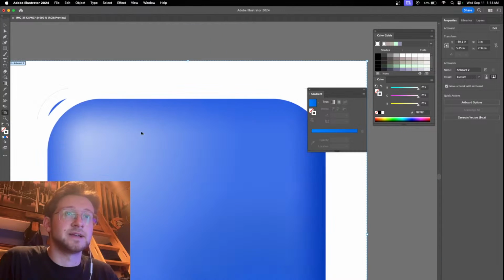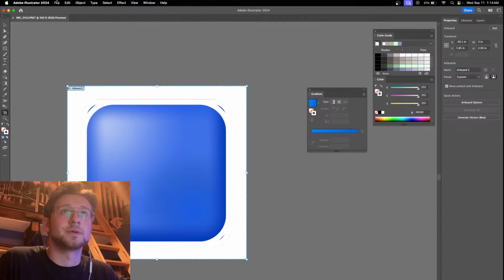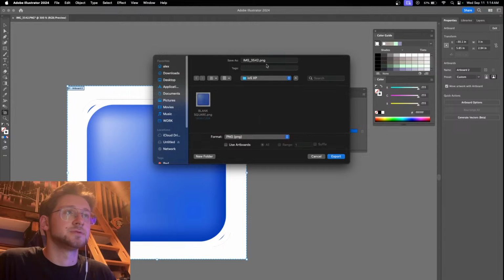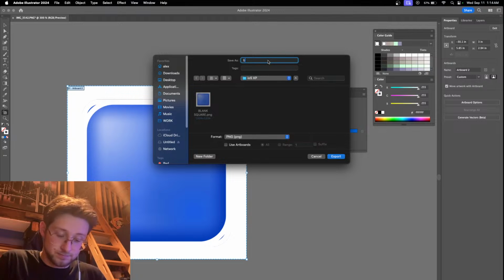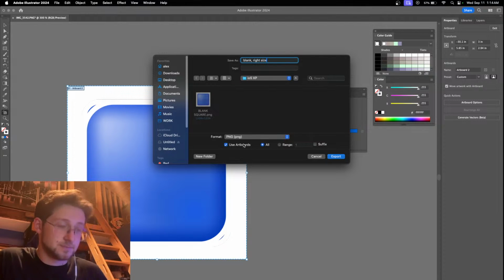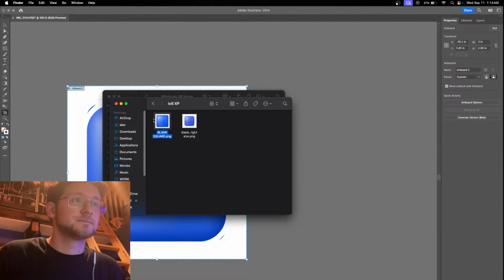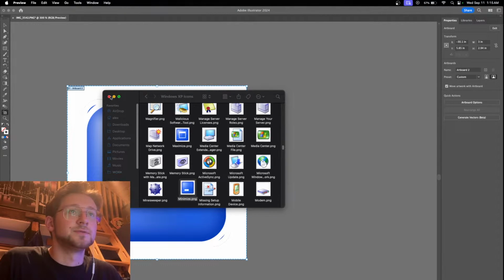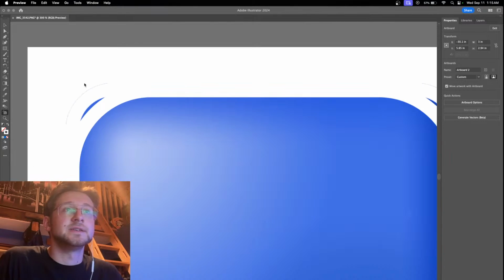Alright, so this is now our blank what we're working with. Cool. Pictures. Blank right size. Okay. So now we have this, which is really what we're looking for. Actually, what I am gonna do is